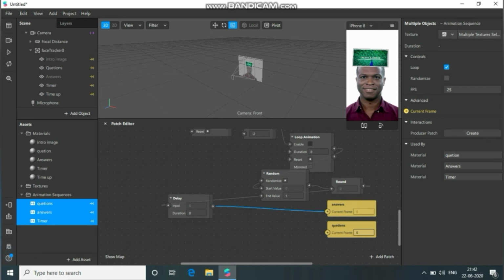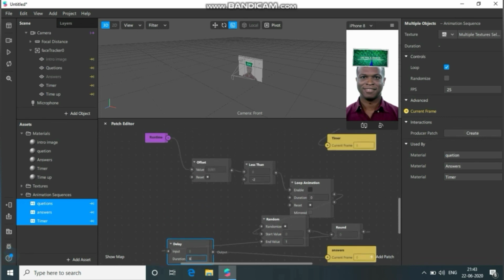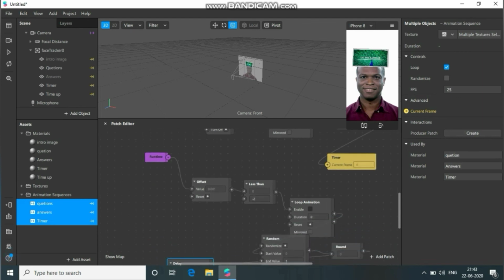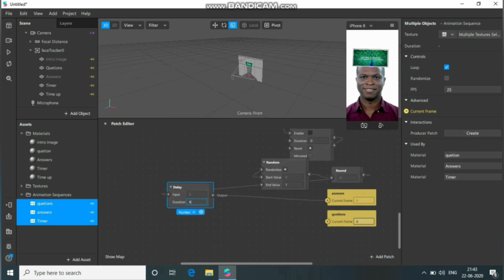Mention duration as 8 seconds and connect the question node to round. And select the offset of reset.